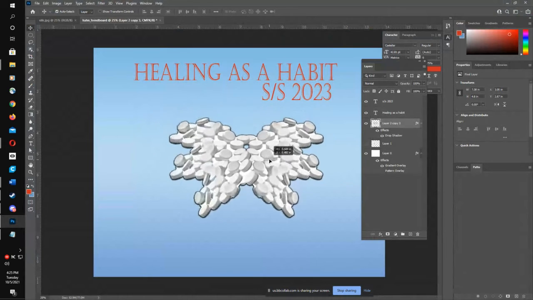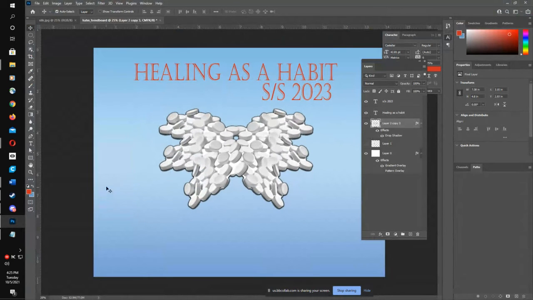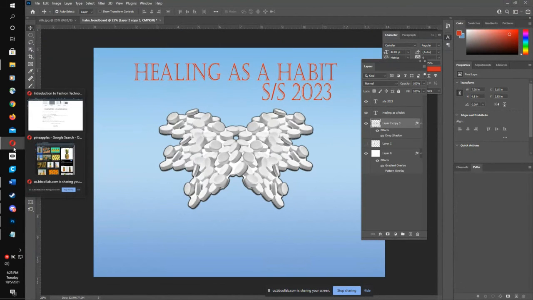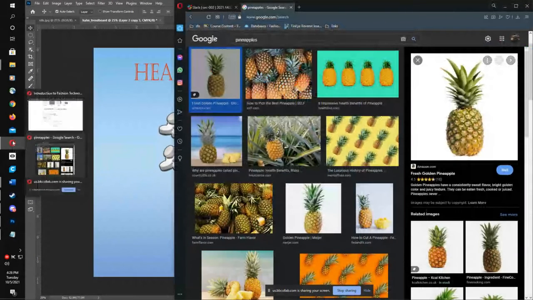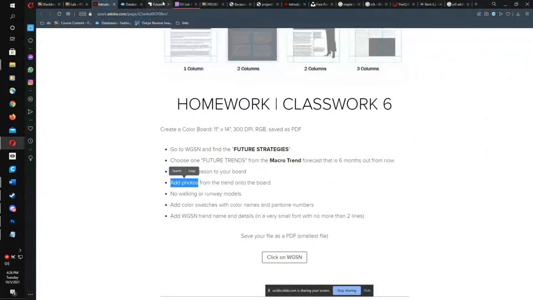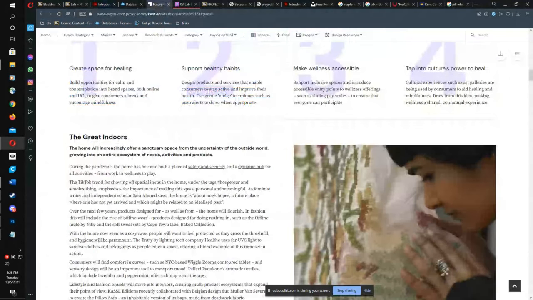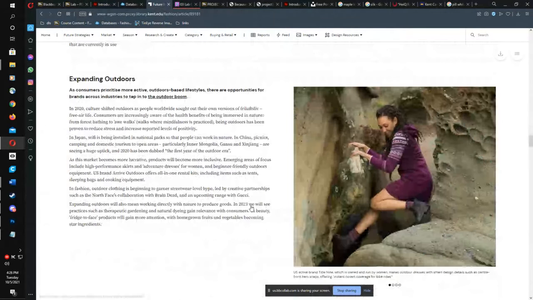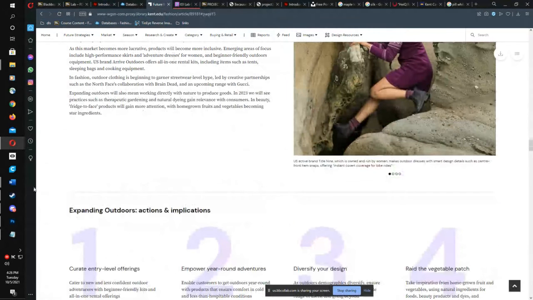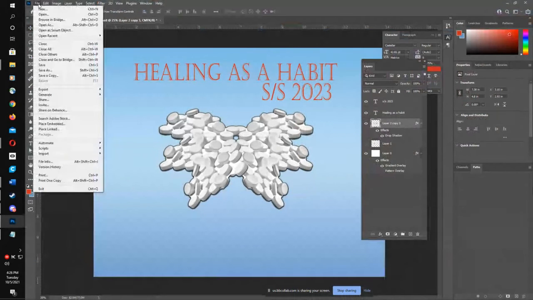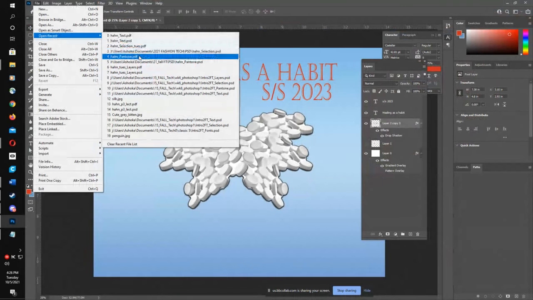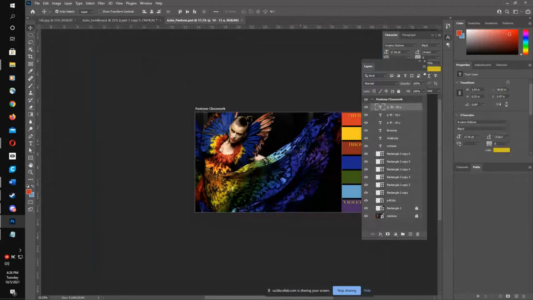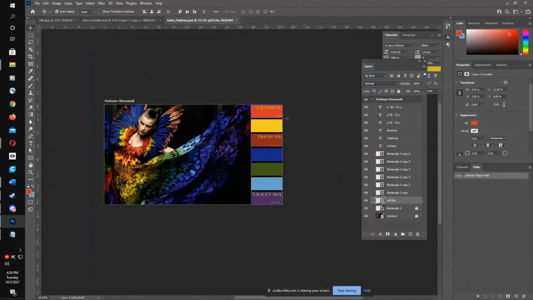And then we do need a color story as well for our trend board, and here, let me show you a trick. I think we can even find a color story. Usually in WGSN, they will show some color stories here. You can make your own color story, but for the record, if you wanted to just go to your Pantone color story, and if you wanted to grab all of these,